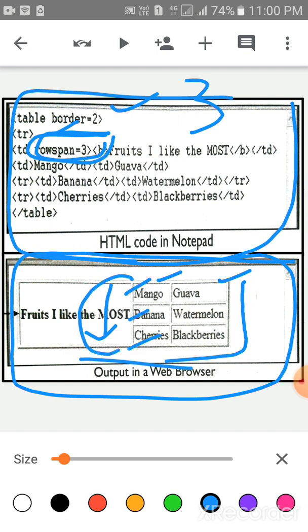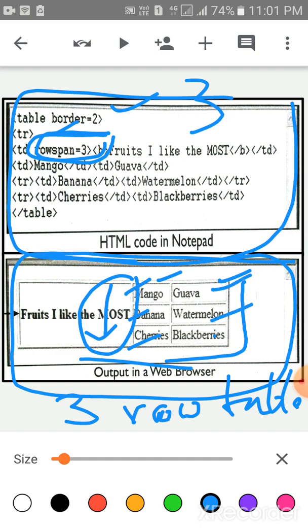It will stretch a column vertically across 3 rows of a table. Okay, children, these 1, 2, 3 rows are there. It will stretch vertically across the rows.